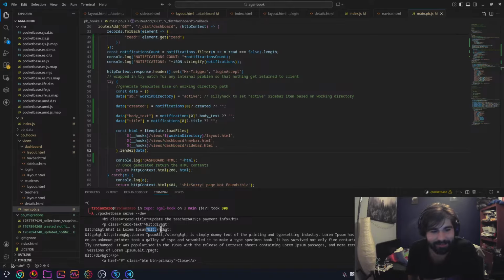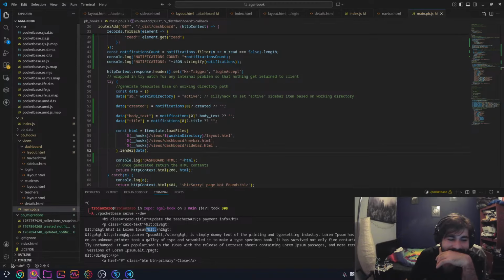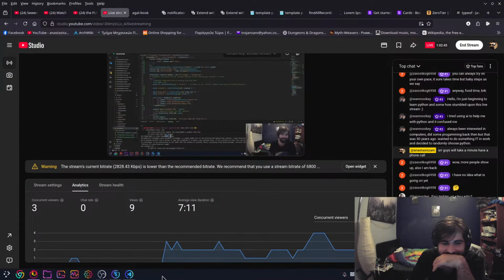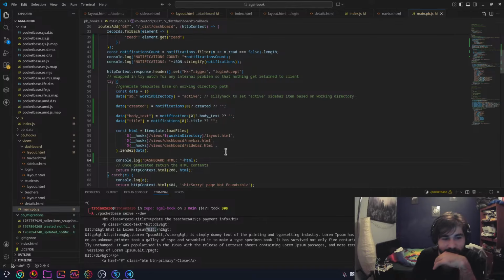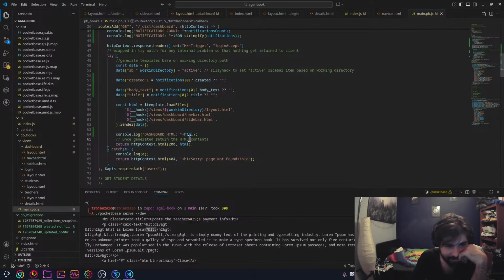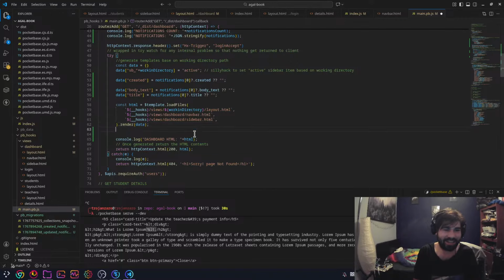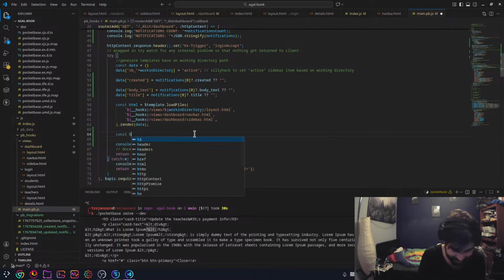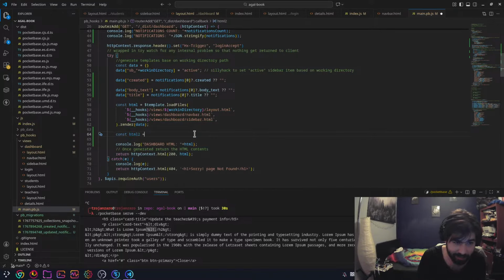Should I just straight up replace them? I think that's a super bad idea. I'm sure this is a super bad idea. All right, I have to do it. So const HTML2 equals... nope, it is just this.